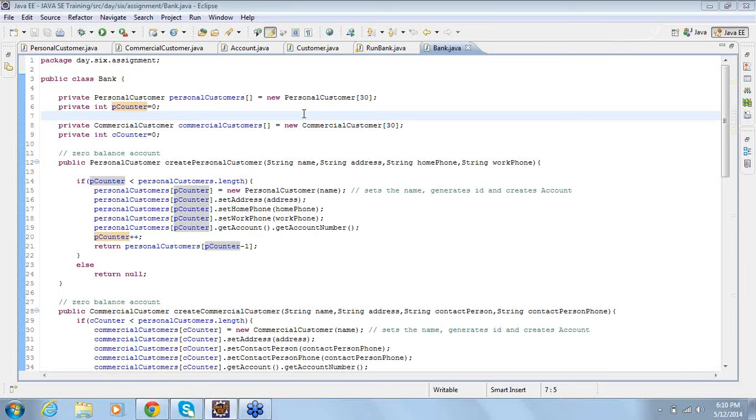Then there was a method called create personal customer, which is taking some arguments, and I was ensuring whether the personal customer array is not full. If it is not full, I was creating an object and holding the data.